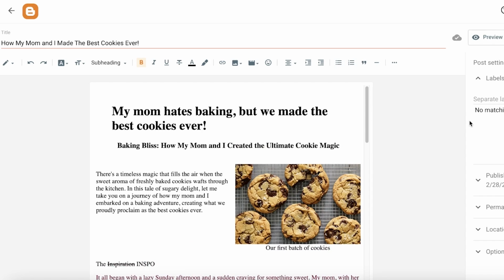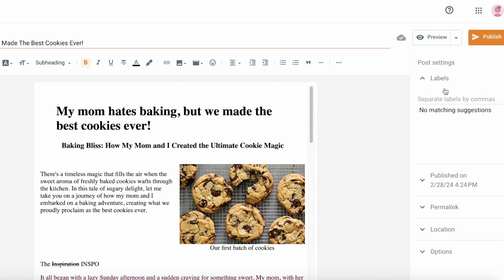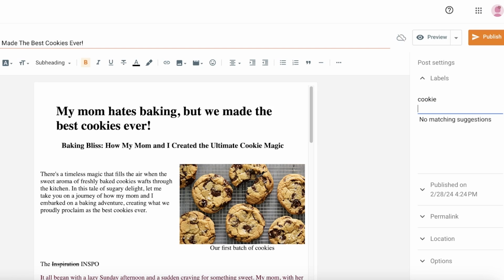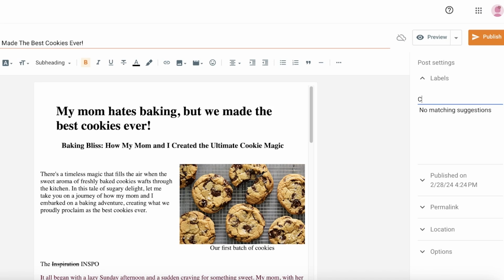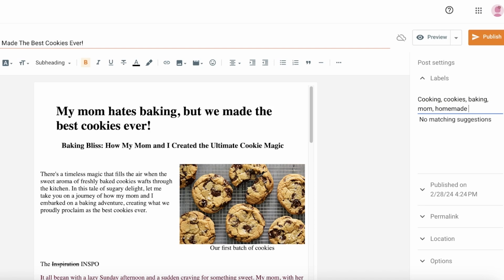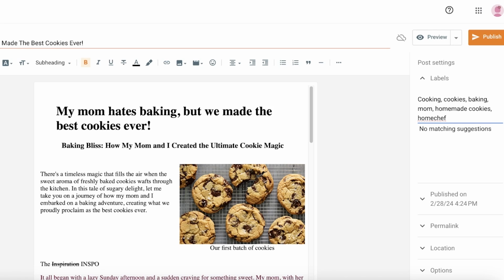Now, once you have completed the structuring of your blog, some of the most important things are your post settings. So on your right, you have labels. Labels are super important to add. So labels are going to help you in making sure that everything that you are adding has a particular tag attached to it. So when people search for these things on Google, they're able to find your particular blog that you have written. So I'll add cookies, cooking, baking, mom, homemade cookies, or home chef, whatever are the relevant labels